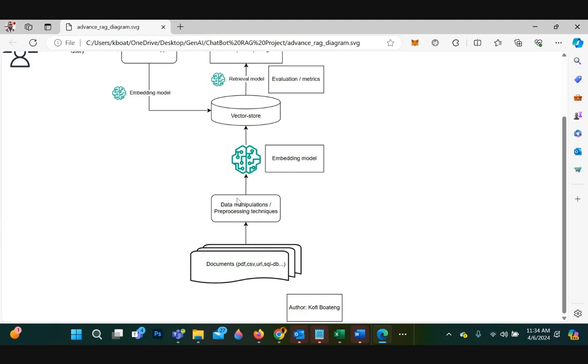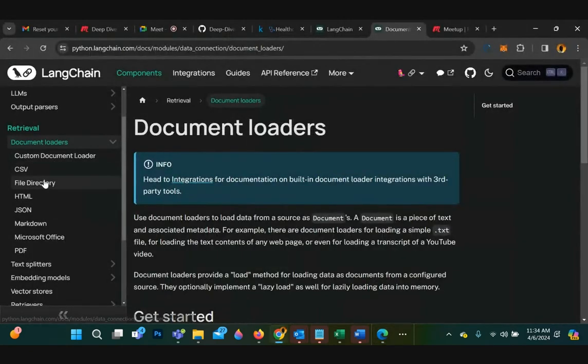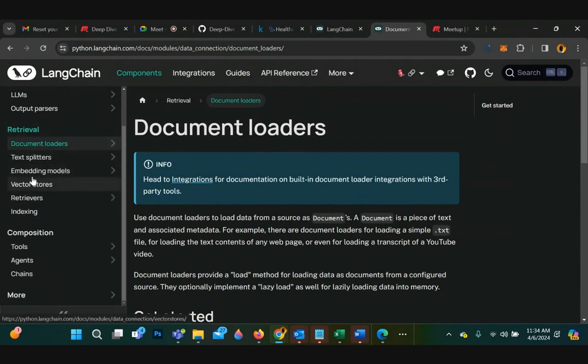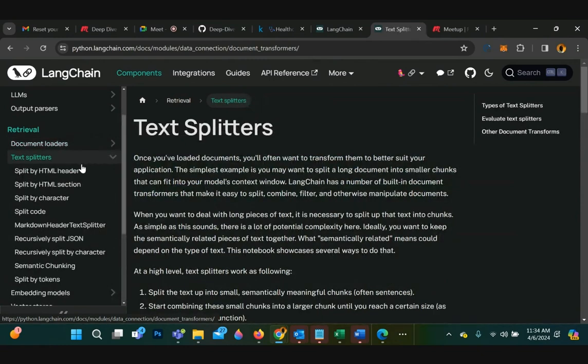So the document loaders are used to do that. All right. And then text splitters. So for CSV, you do not need a text splitter, but there are text splitters for PDFs and other document forms.